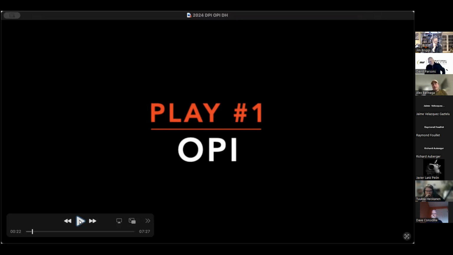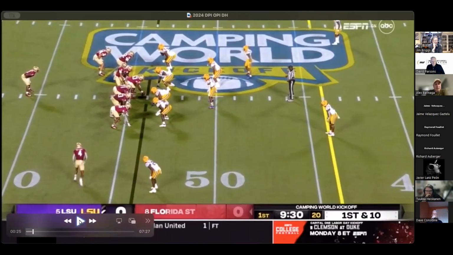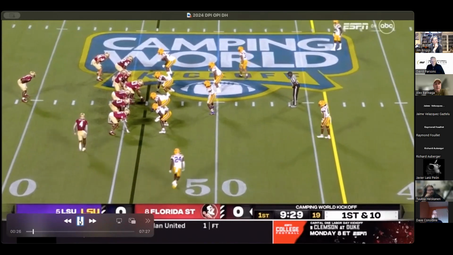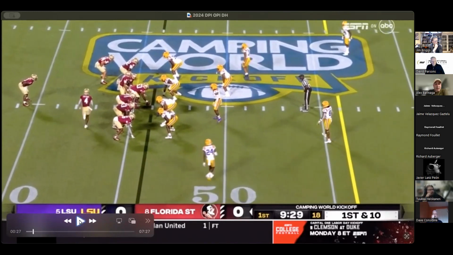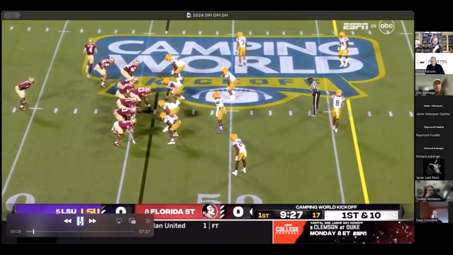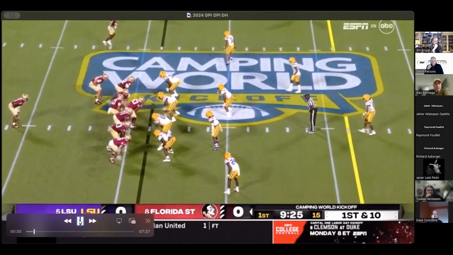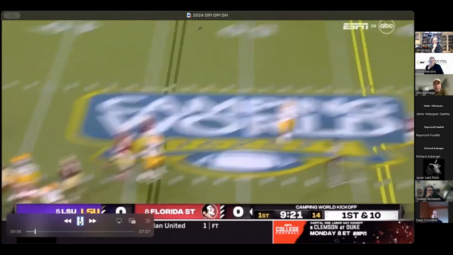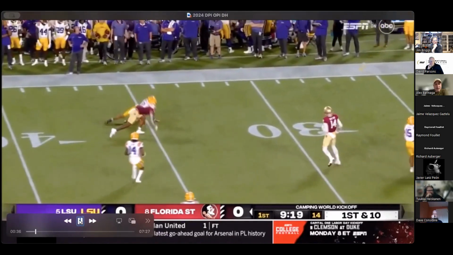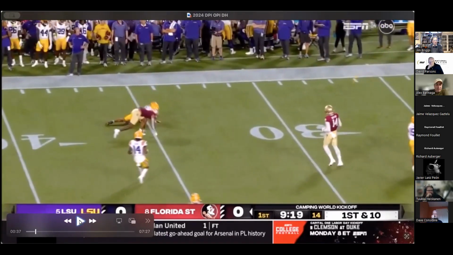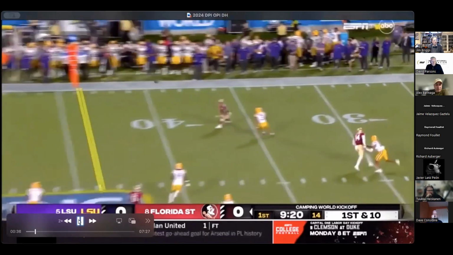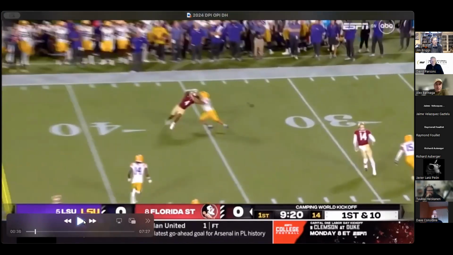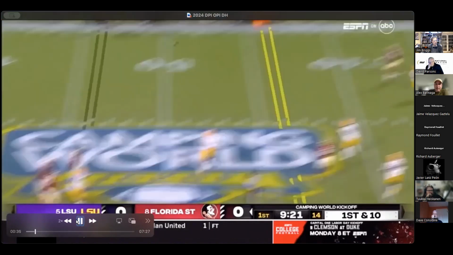We don't talk enough about OPI. We generally focus on DPI. So I'll open it up with the first play, which is going to be an OPI situation. And again, we have a player in motion going to the top of the screen. I'll let you understand what your keys are, but somebody has to have an awareness on that. The offensive restrictions begin at the snap. Obviously, we don't have anything here, but just going back, we haven't seen enough yet. Just by the amount of space that this player has,